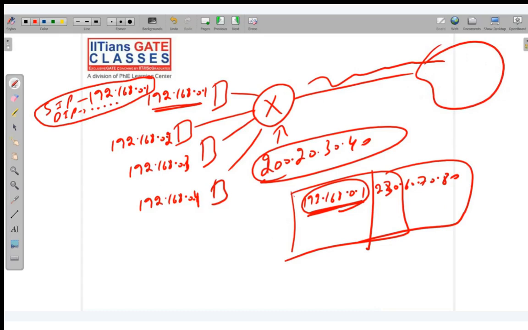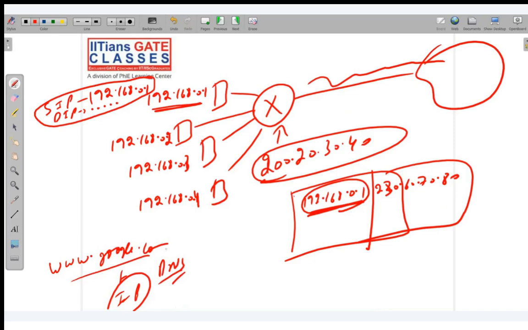If you want to communicate with some computer, then you should know its IP address. That is the rule. If you do not know the IP address, you cannot communicate. So you know the IP address of it. Like in the application layer, you type www.google.com. You just know this, but actually this is converted to an IP address internally with DNS, the domain name system. So directly or indirectly, this is the rule that you should know the IP address of the computer to which